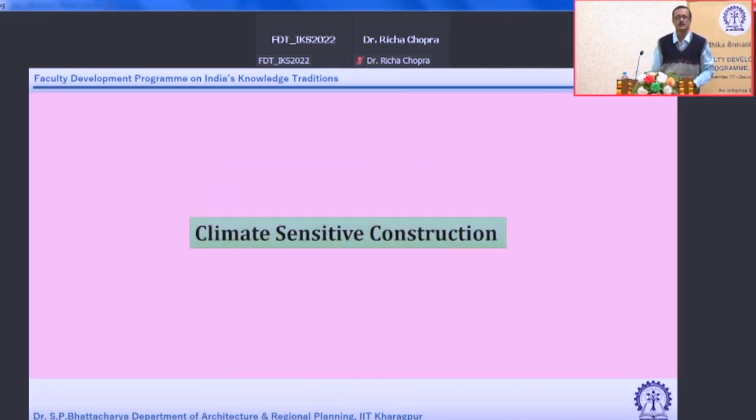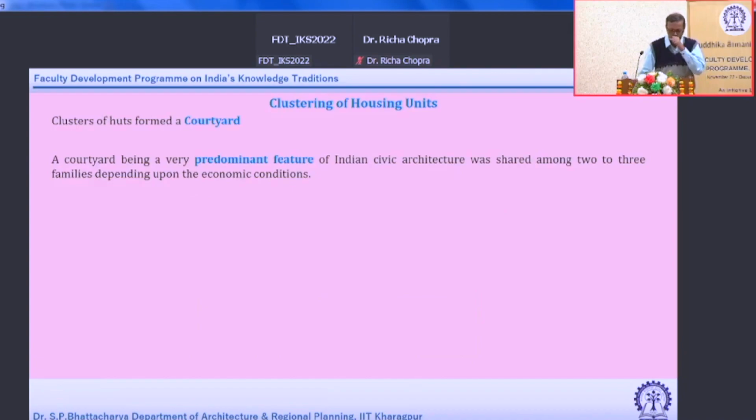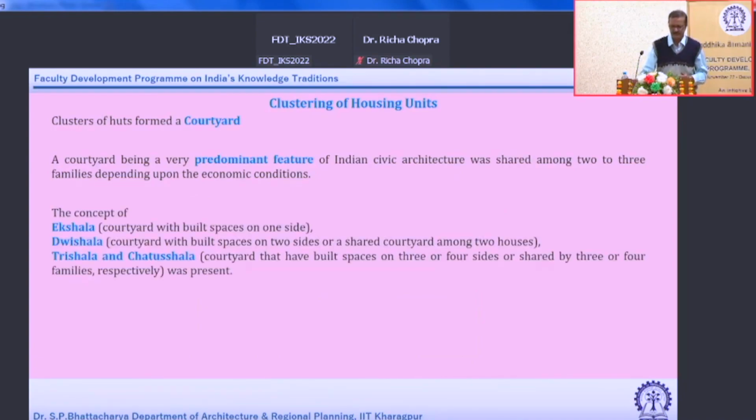Next, the third one out of the four: climate-sensitive architecture, construction, sorry. Climate, I should have actually put it first, because climate was the first of all our concerns. Initially, the prominent feature of Indian architecture was courtyard architecture, called the Ekshala, Dishala, Trishala and